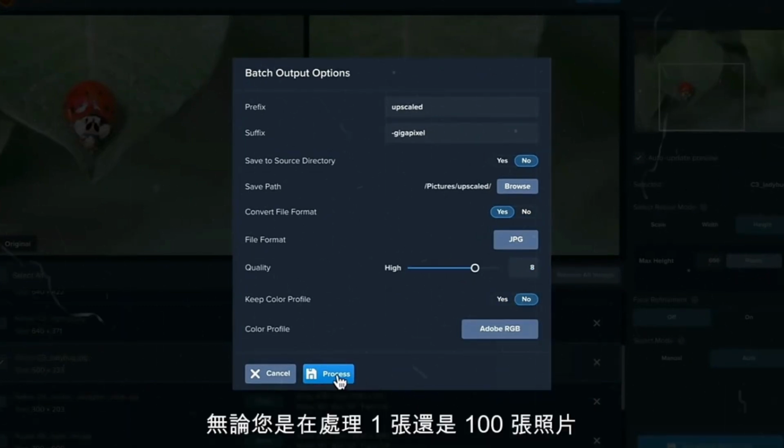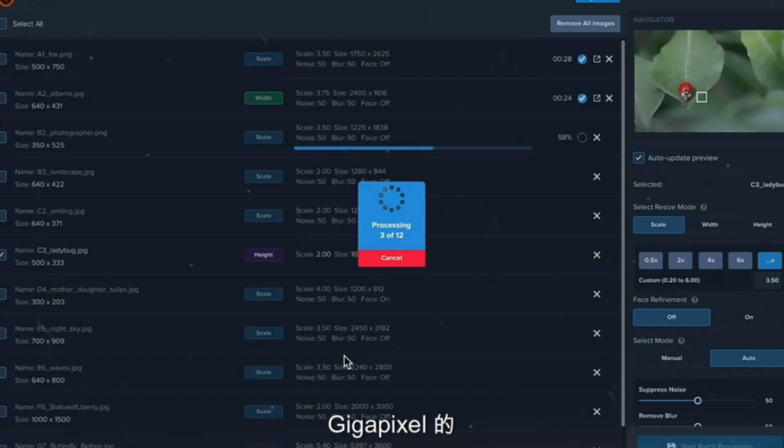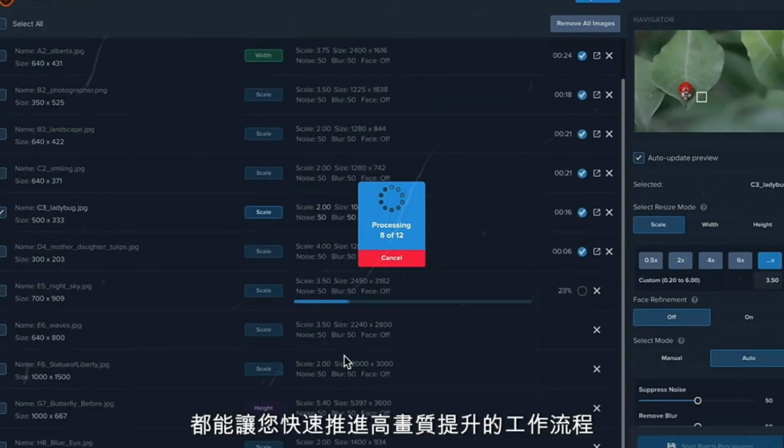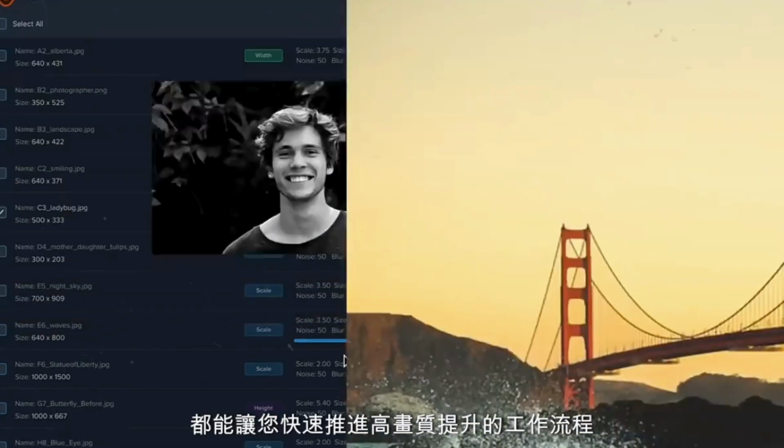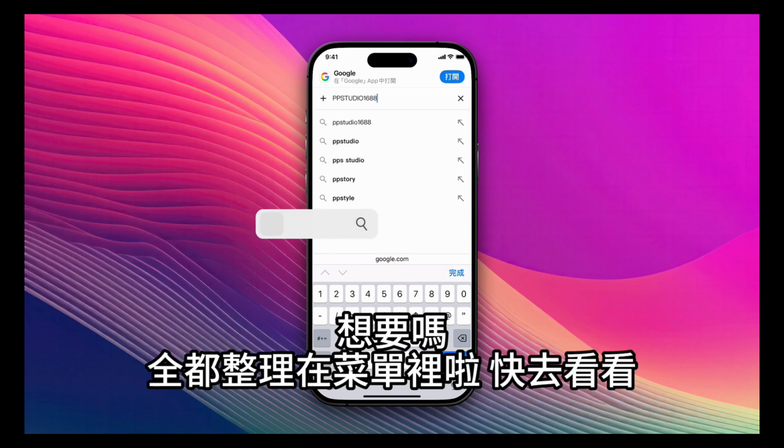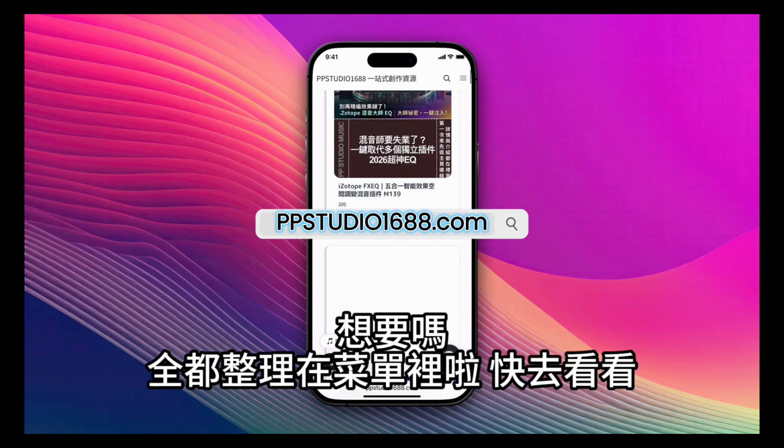Whether you're processing 1 or 100 photos, Gigapixel's batch processing gives you the ability to move quickly through your upscaling workflow. To get started,